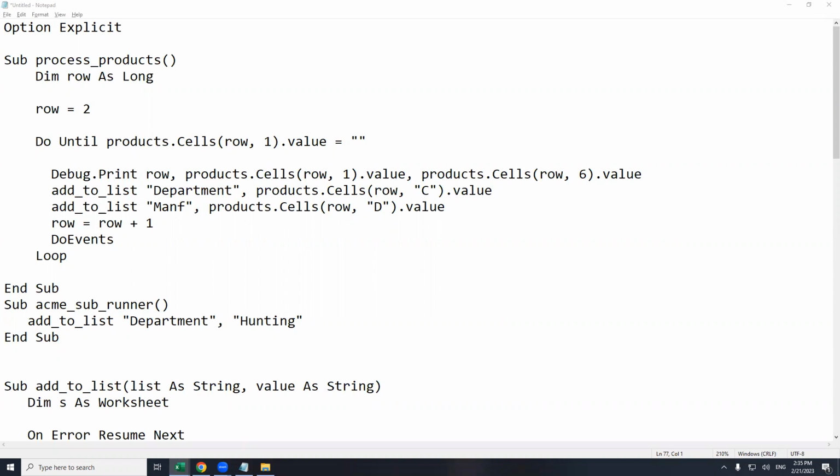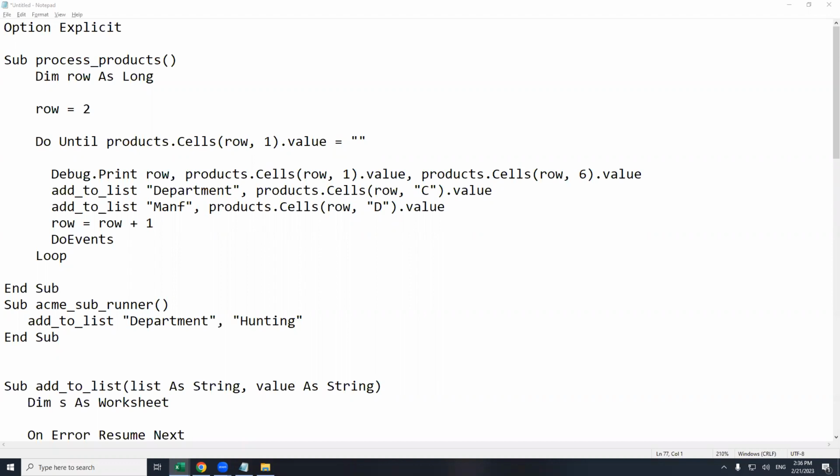That's a breakpoint. That does the same thing as stop, but it says just before you run this line, just stop. So it takes me into break mode, yellow line and everything, but I just don't have to write the word stop. I can just say on this line, stop. And the important thing here is that it stops before it executes this line. Now, I'm in debug mode now, which means my sub-procedure is still in memory. All the variables allocated for this are still in memory. Any objects are still in memory, including a special object called